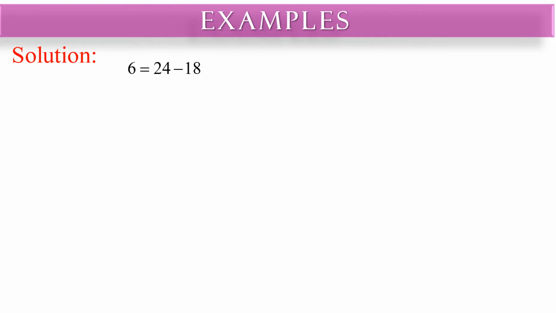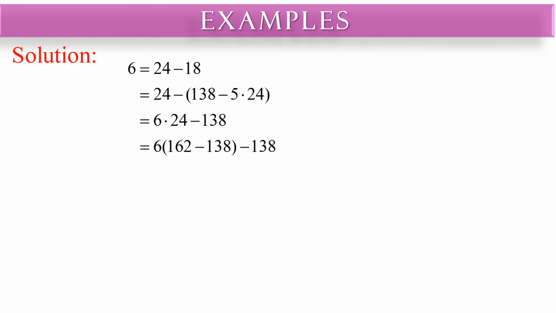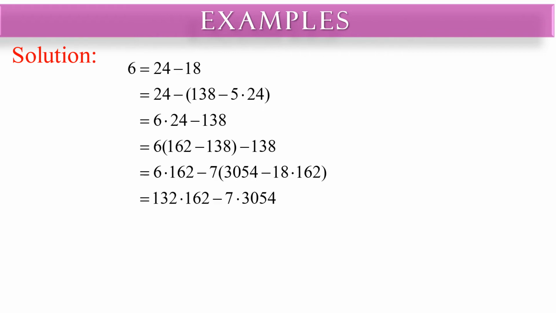First, we have 6 is equal to 24 minus 18, which is equal to 24 minus the quantity of 138 minus 5 times 24, which is equal to 6 times 24 minus 138, which is equal to 6 times 162 minus 138 minus 138, which is equal to 6 times 162 minus 7 times the quantity of 3054 minus 18 times 162, which is equal